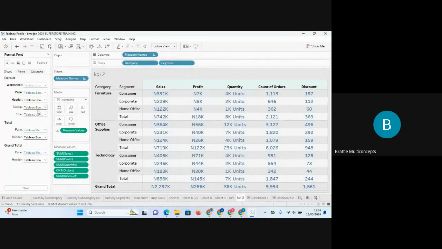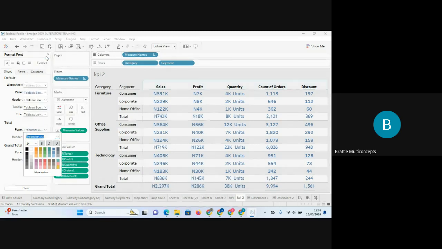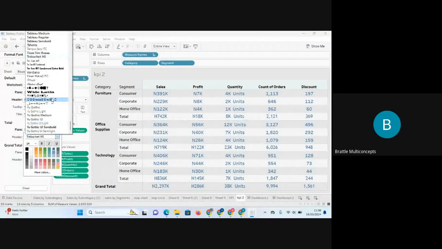And the total line, remember we said we can format the total separately. This time around, we want to format the total separately now. We want to give it a bigger, let's change the font to, let's see the Tableau chart here. Is it different from the other one we are using before? Looking for something that,